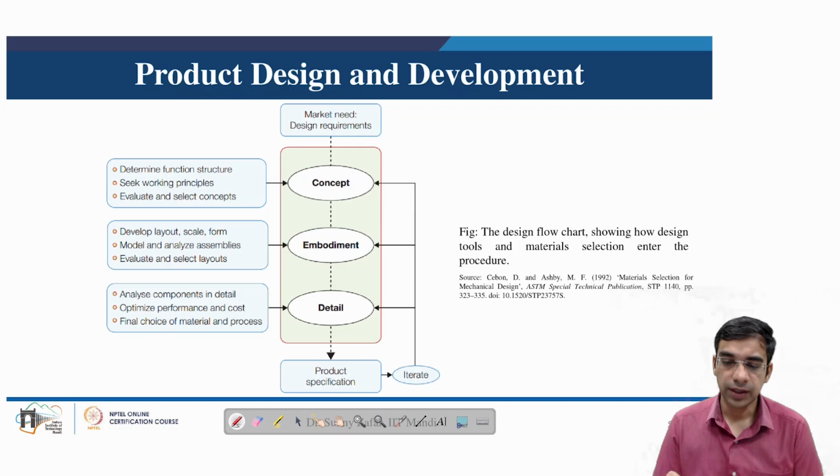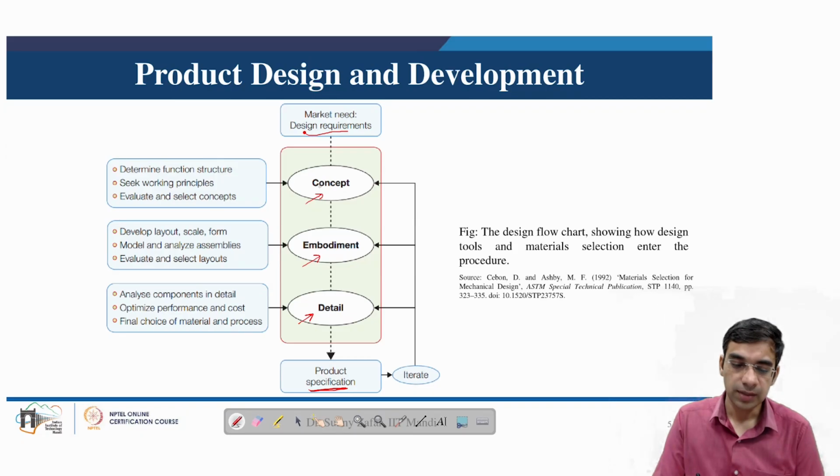Product design and development is basically a concept where the need starts from the market analysis. We start the need of the product from the market analysis to understand the design requirements for that particular product. Then the design flow starts, which utilizes subcomponents like concept of the product, embodiment of the product, and detail of the product before the end goal is to reach the product specification, so that any manufacturing industry can use the product specification to develop the final product. So what happens in each of these stages?